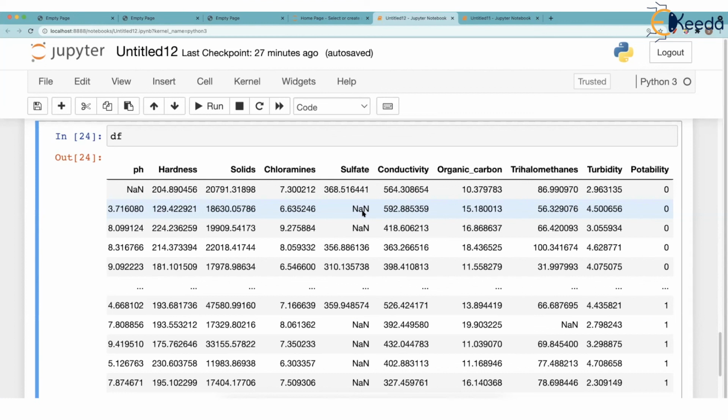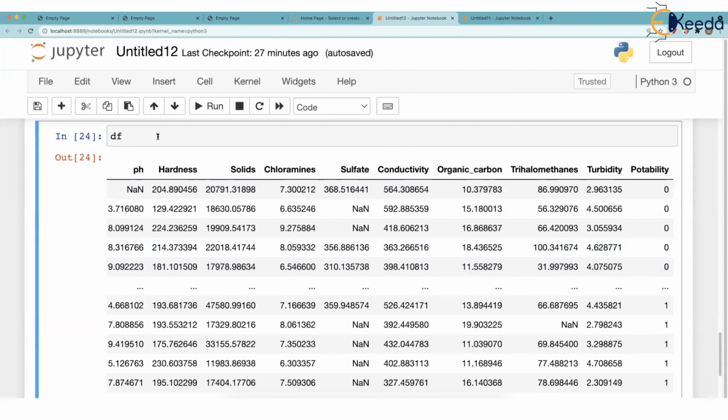Then what can we do with these NaNs? One super solution, or a narrow escape, I say, is simply to delete these rows. The entire row you delete wherever NaN is there. So this row has one NaN value in some column, simply drop it. This row also, the complete row you drop. One poor value has spoiled the entire row. Even this row is dropped. But this row will be retained. This row is good, all values are non-null, so we'll keep this.